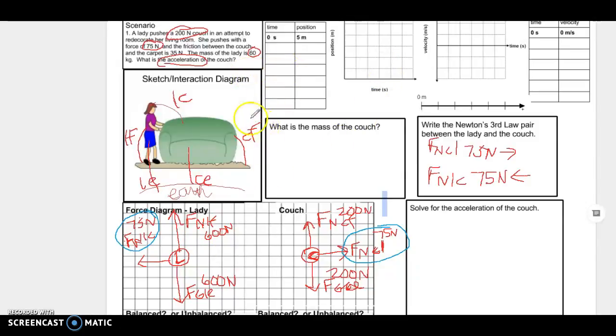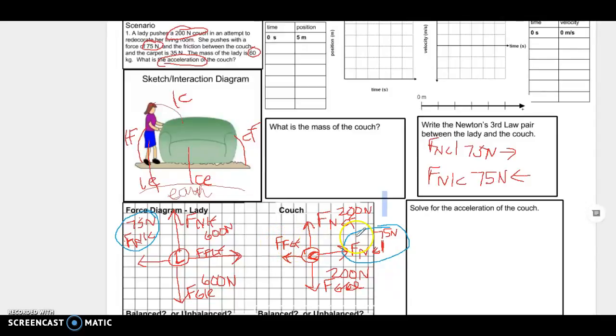So we know we're still gonna have friction, but in order for the lady to accelerate this direction, she's gonna speed up, we see that this force is gonna have to be bigger. So that's lady on the floor. And for the couch, if the couch is going to accelerate and get faster to the right, we see we must have a smaller force of friction in this direction. Force of friction